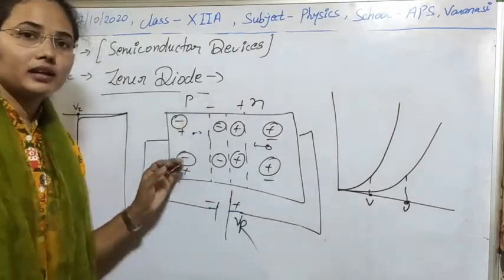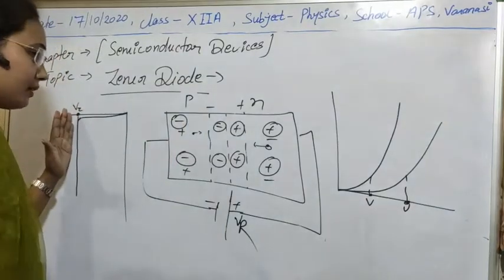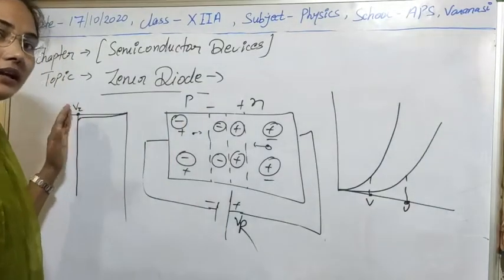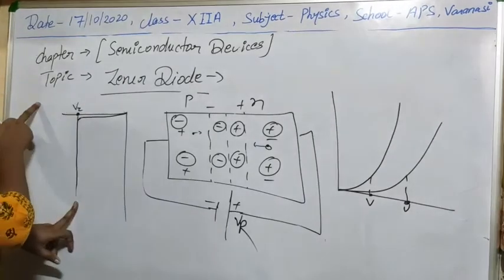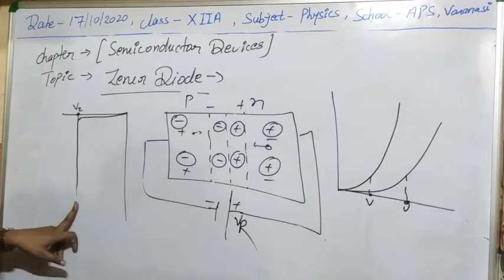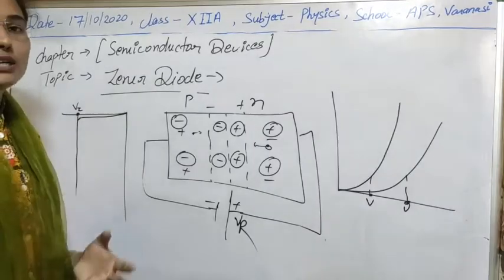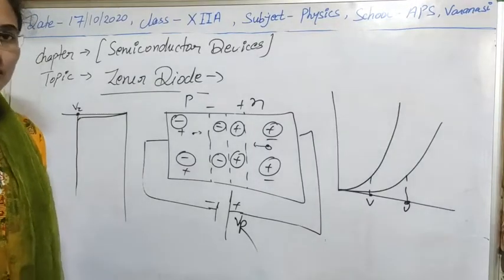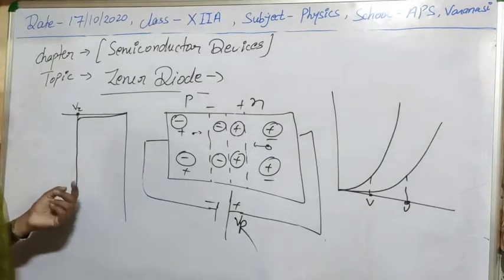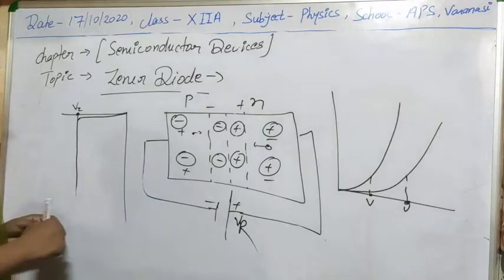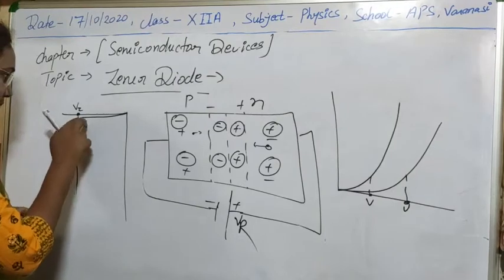So that's why we got a sudden increase in current, and that current becomes constant, meaning with the increase in voltage no further current will be obtained, because there are no charged particles present in that system. So I think this is clear to you, what is the process of Zener breakdown. And also one more thing here, this graph is showing some curve.